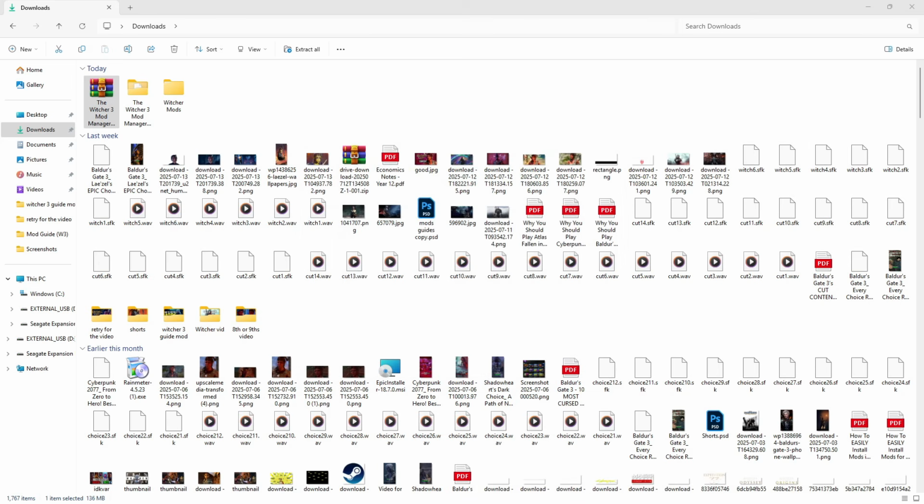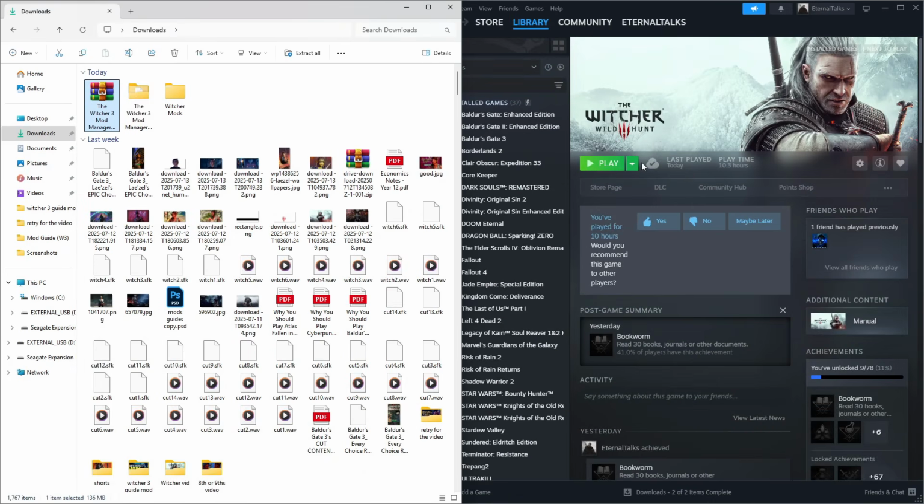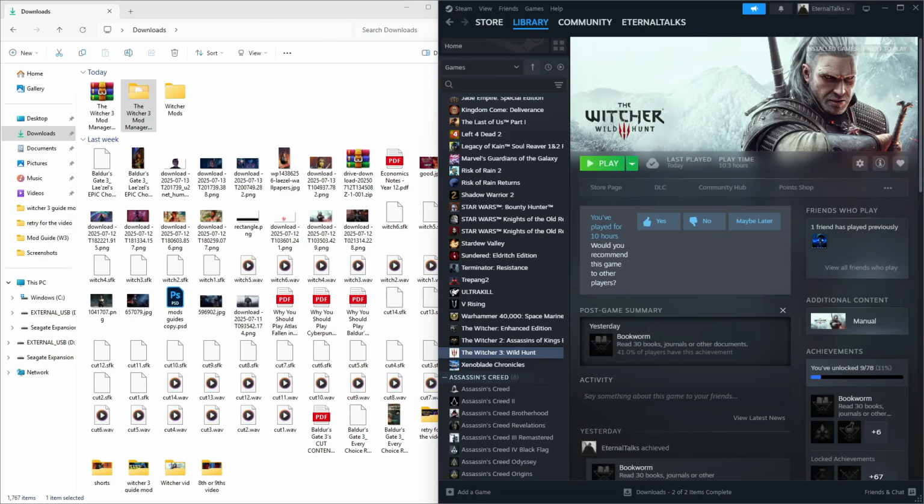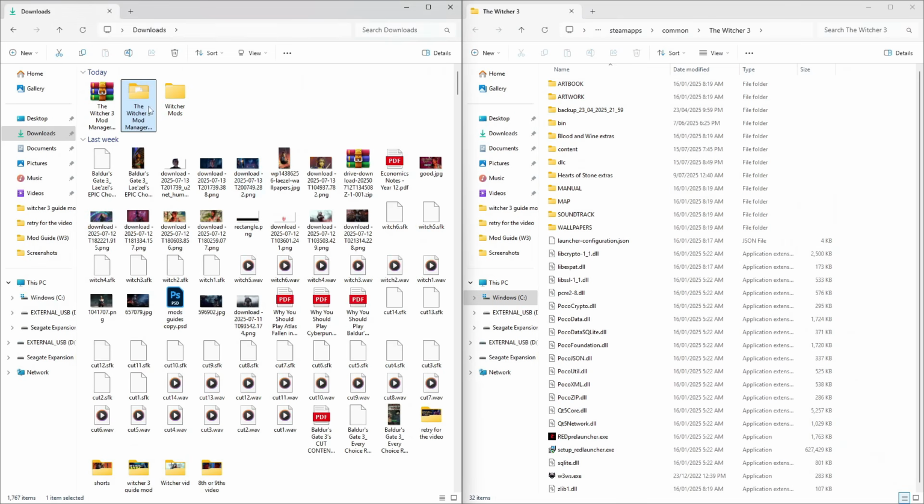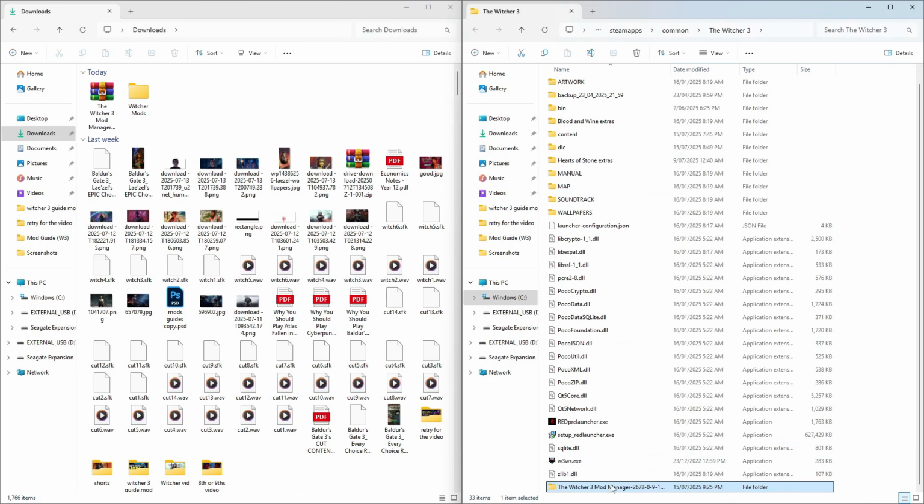Now, what I like to do in order to make sure everything is in one place is to bring this folder into our actual game folder. This is easy to do, as if we go back into Steam, right click on The Witcher 3 and click on Browse Local Files, we'll get to our game directory. From there, simply drag the mod manager folder into our game directory, then open this folder and run the mod